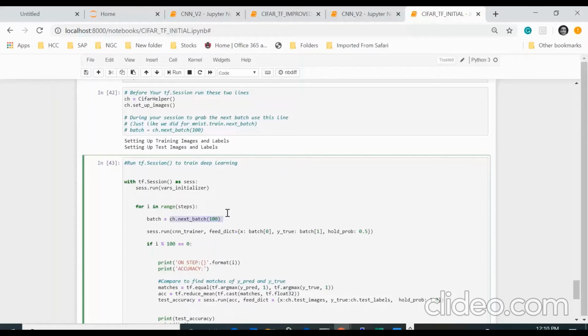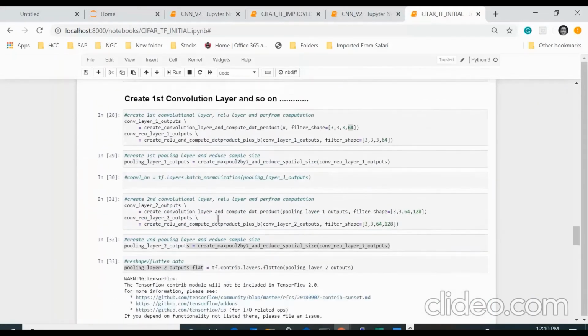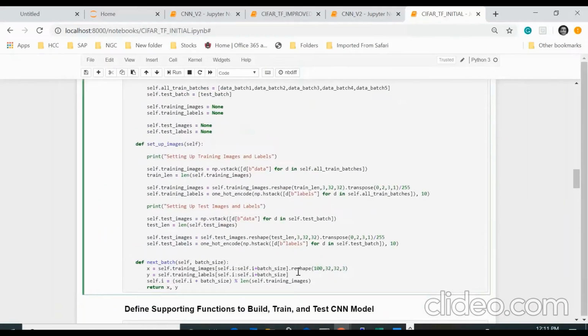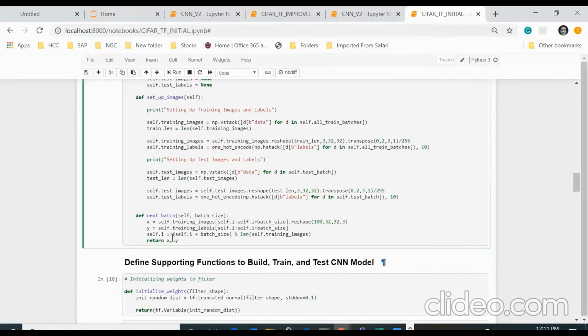And then the session.run function was executed. This next batch, if we see, is again a part of the helper function which we had mentioned earlier. In this part, we reshaped, and then the training went on. See the batch size upon the length of images, right? So this is the whole execution, which in the end came out to 10 batches of 100 batch size each. So this was executed, and X and Y